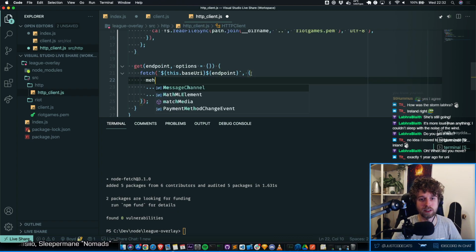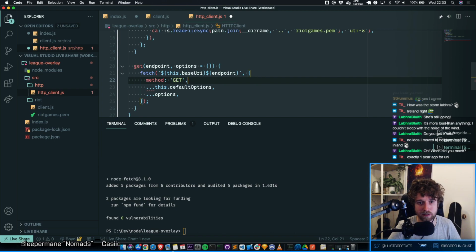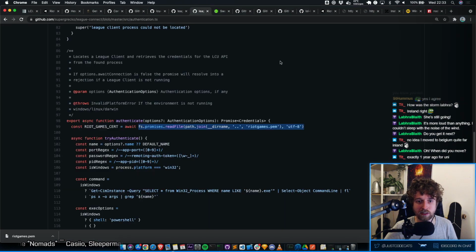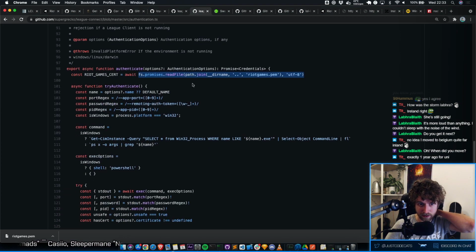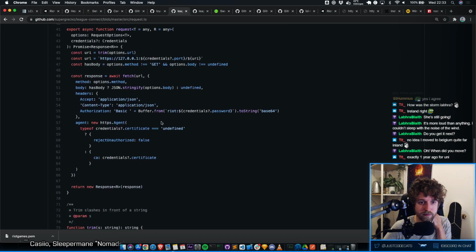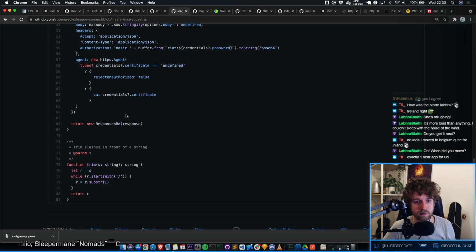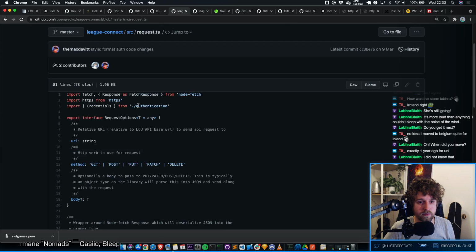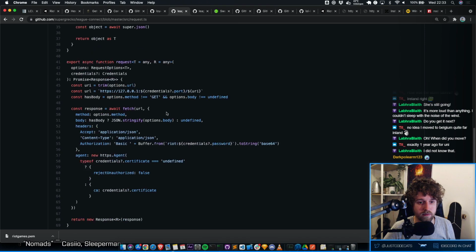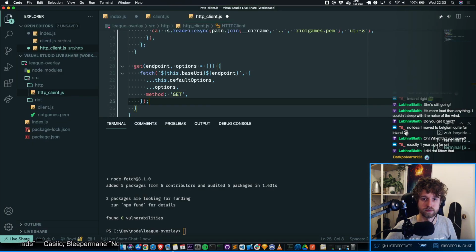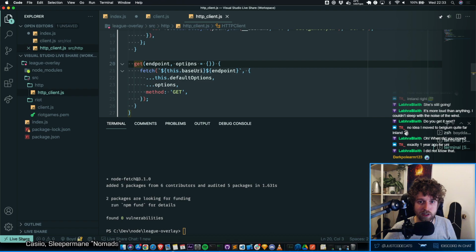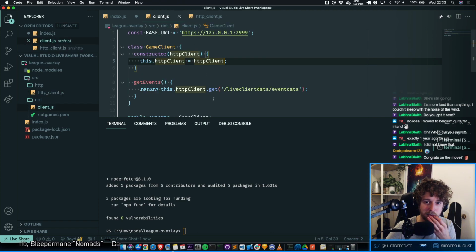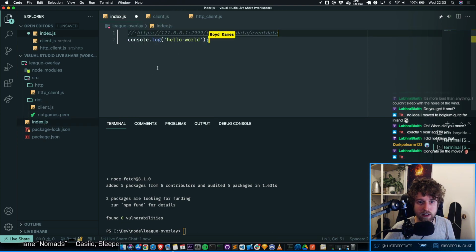So method for this is get, and I don't think you can change it because the method is called get. So fuck you. Okay. Sure. That's fine. For now, this is all we need. We need a get endpoint. So we pass in the path, and then we return that. And so now in our app,